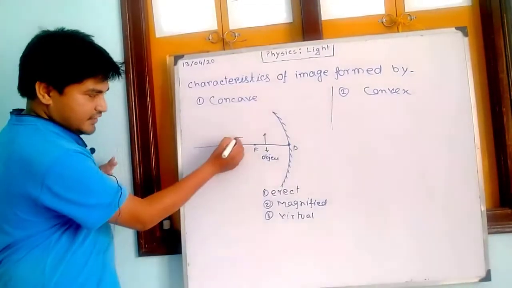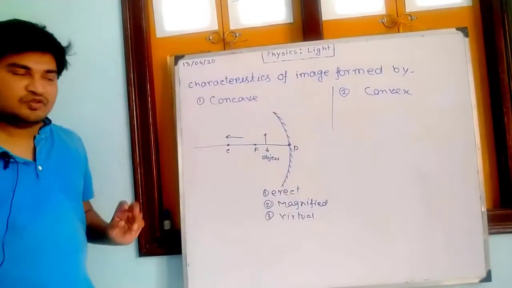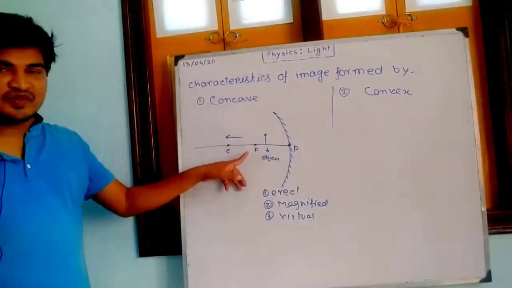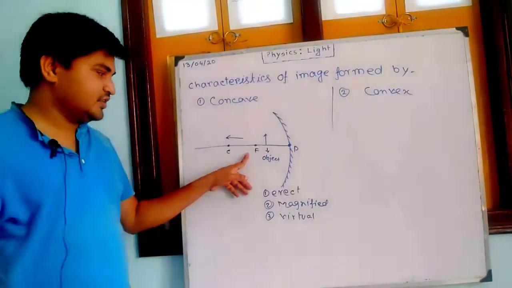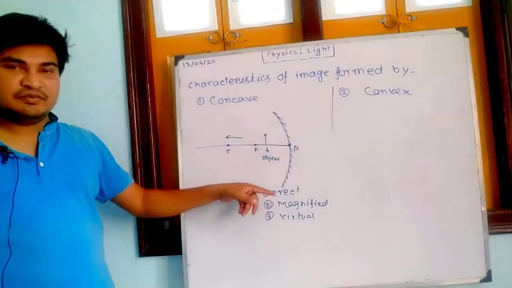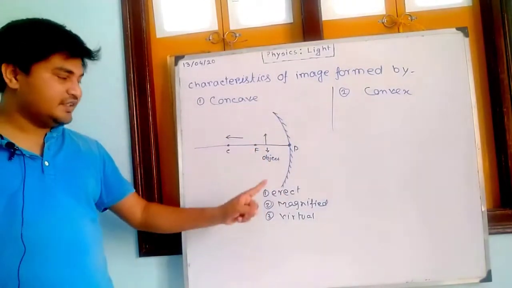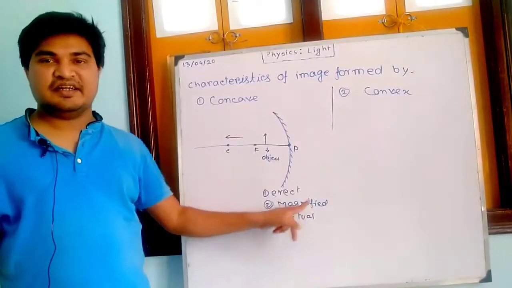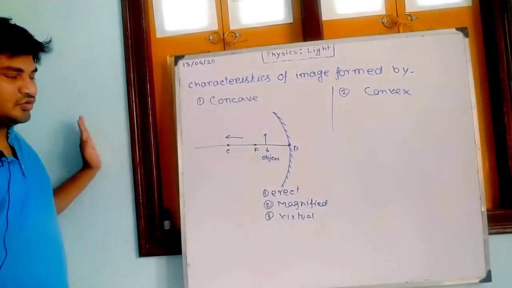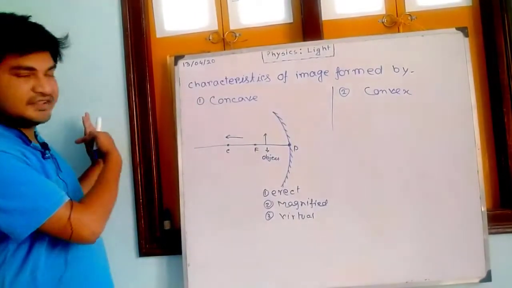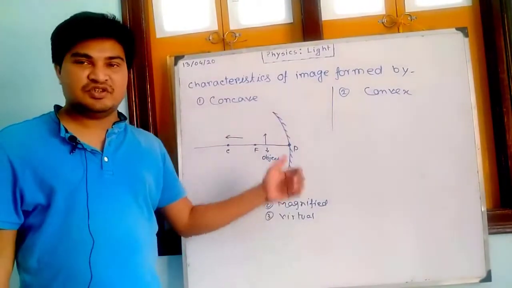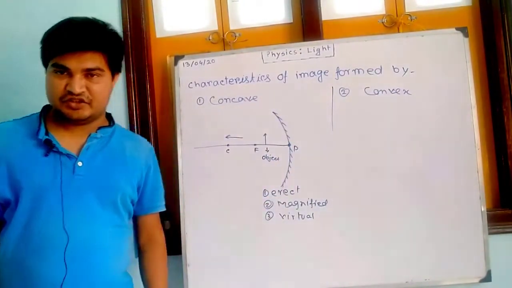But when the object moves in this direction, what will we observe? That at focus, when the object is placed, the image will be maximum in size, inverted, real, and highly magnified. And from this position, when we move towards the center and leave the center, in that condition the size of the image will decrease.